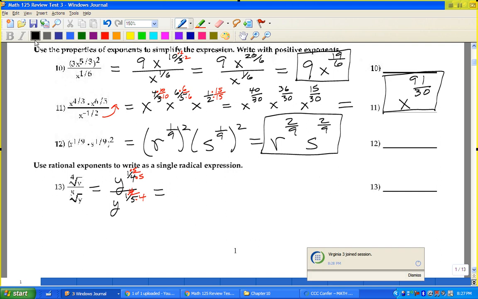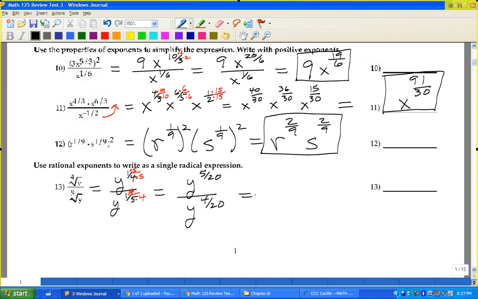And so I get y to the 5 over 20 divided by y to the 4 over 20. I have the same base, so I'll keep the base y. 5 over 20 is bigger than 4 over 20, so y will be in the numerator. 5 over 20 minus 4 over 20